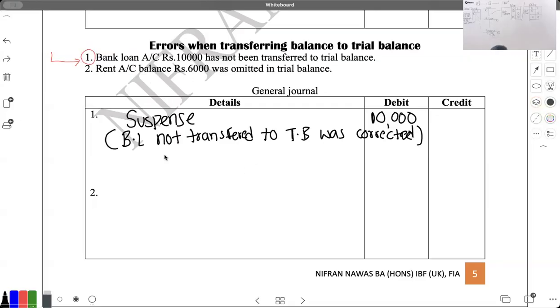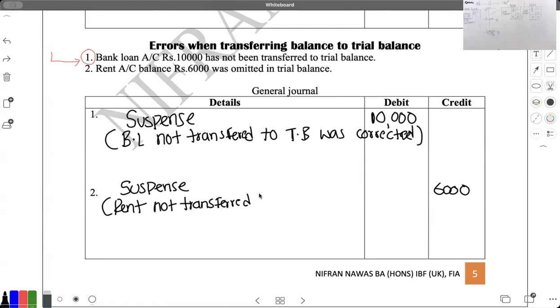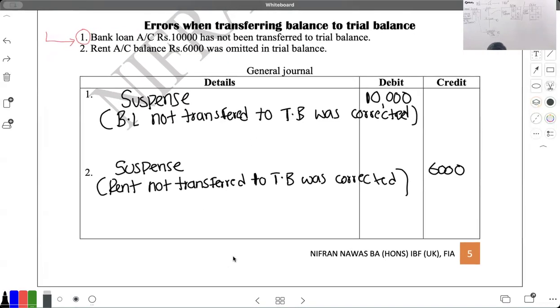Okay, so the answer, let's not waste any time. What is it? Suspense, credit, 6,000. Narration is rent, not transferred to TB, was corrected. Rent not transferred to TB was corrected. So there you go. I don't know if any one of you needed an explanation. In case you need an explanation,